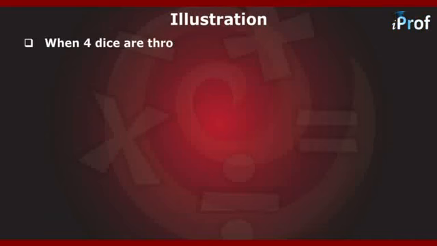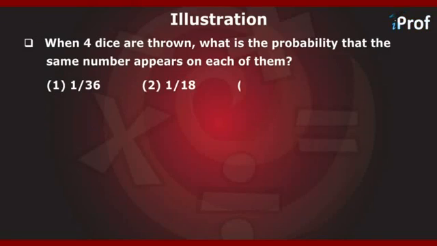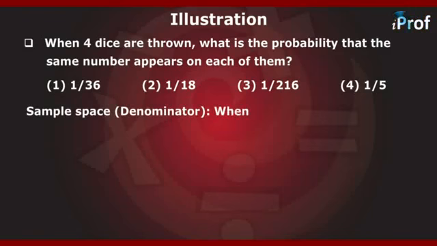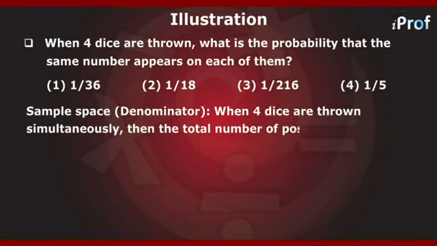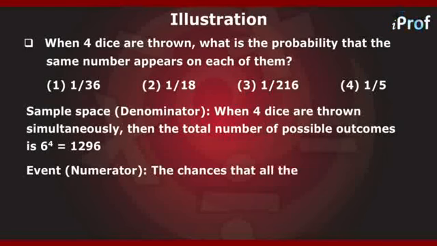When 4 dice are thrown, what is the probability that the same number appears on each of them? The sample space is, when 4 dice are thrown simultaneously, the total number of possible outcomes is 6 raised to 4, which is 1296. The event, which is the numerator, is the chances that all the dice show the same number, that is 1, 1, 1, 1,